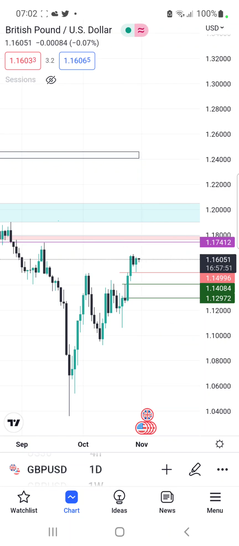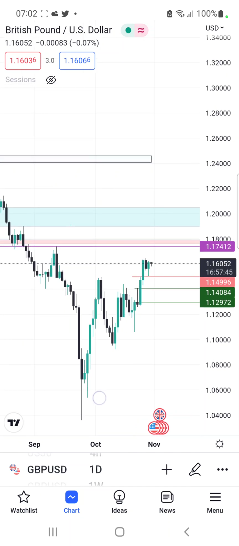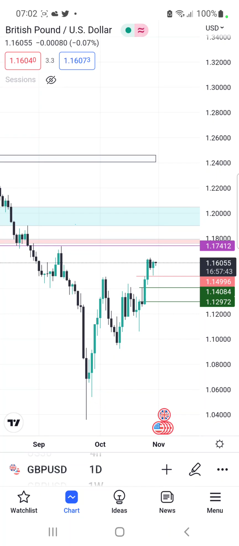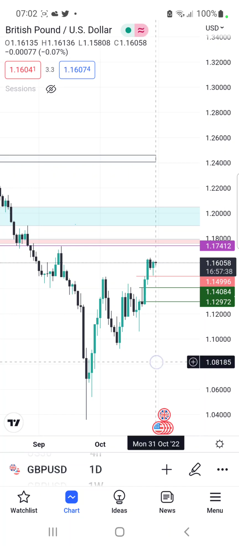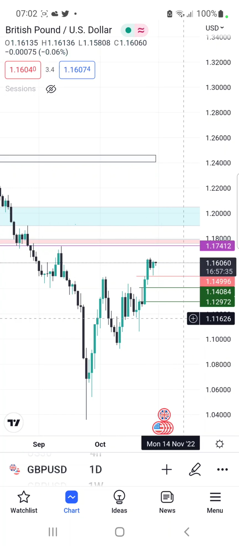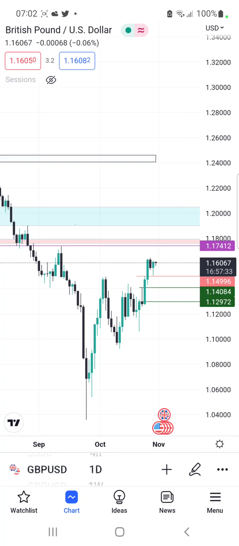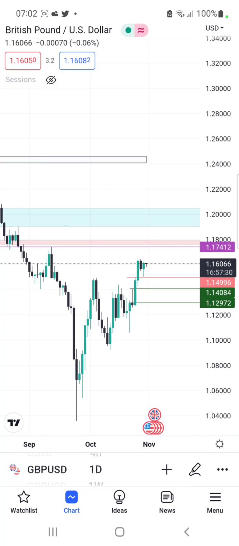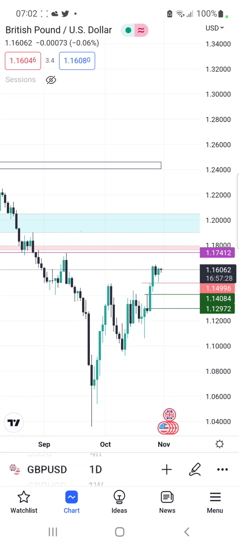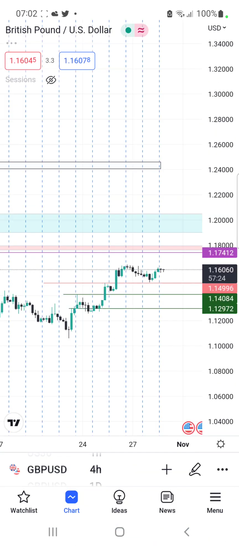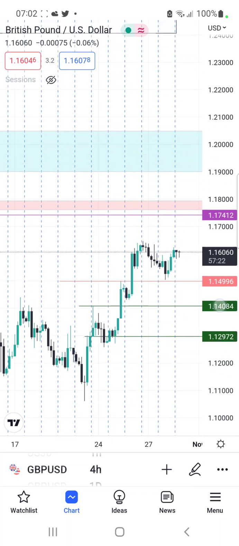because basically this week we have so many news events that are going to push the price down. So probably today and early tomorrow, that's when price will come all the way up, create the high of the week, then the rest of the week price goes all the way down. Okay. This is what I had done in analysis, and if you come to 4 hour, you can clearly see